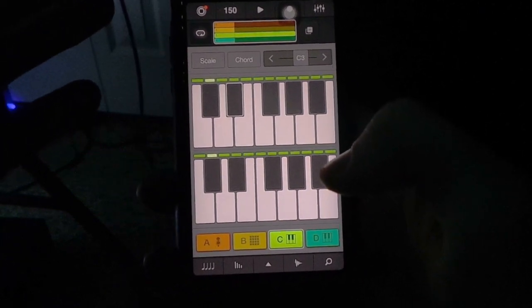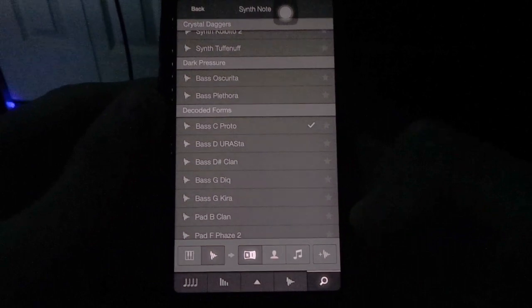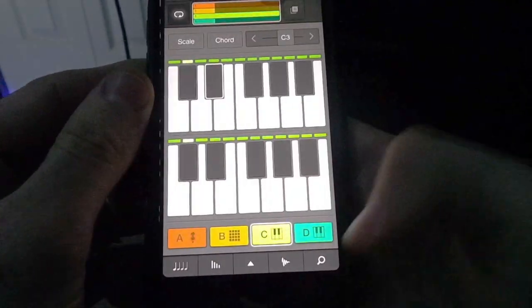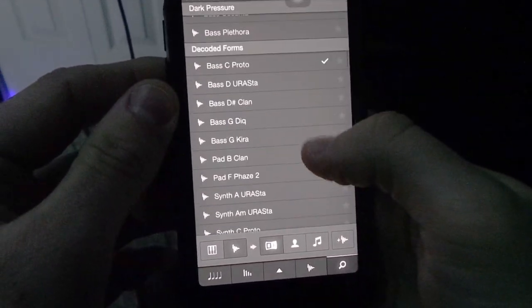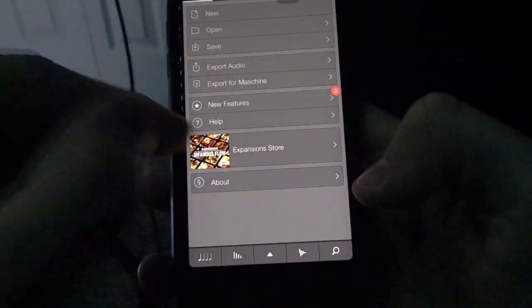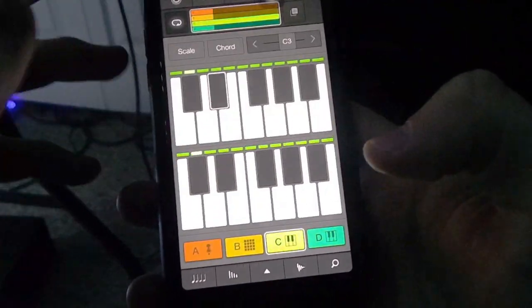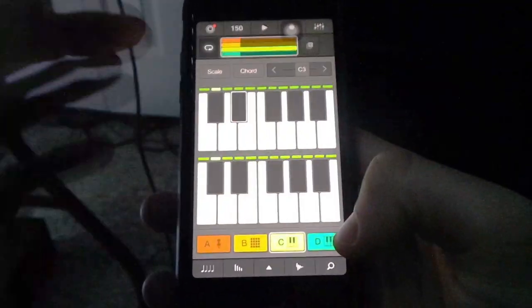So this is not a trap beat, like I said. It might not turn out to be. I switched it. I went to synth note, which is in, if you go to this sound button, search for instruments, sounds, synth note. It's down like a quarter of the way, decoded forms. Again, if you go here, expansion store, it's like $1 per kit, but it's worth it for me, if you ask me. So it's in the decoded forms. It's a bass sound, but